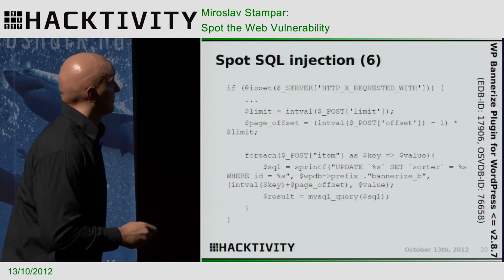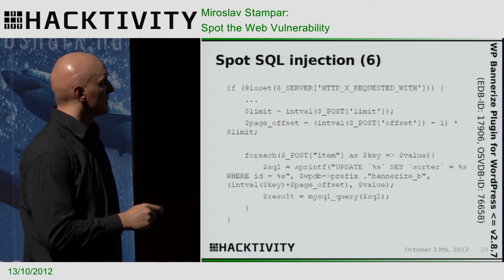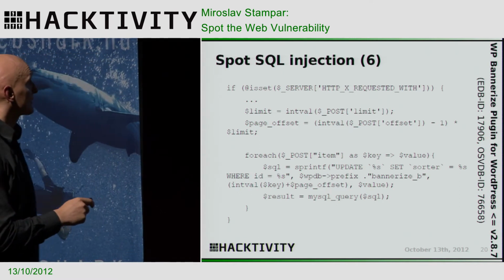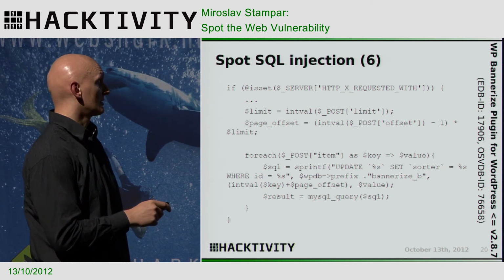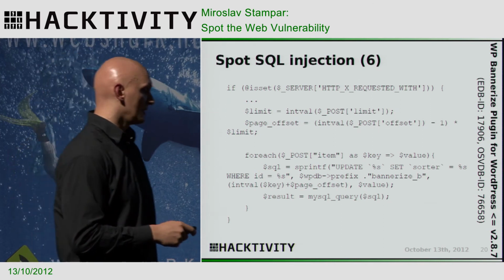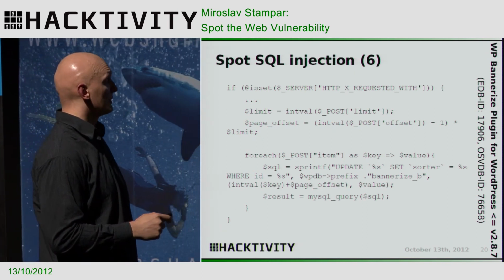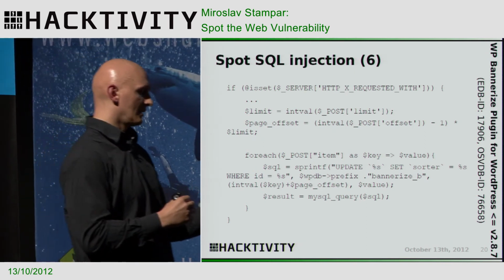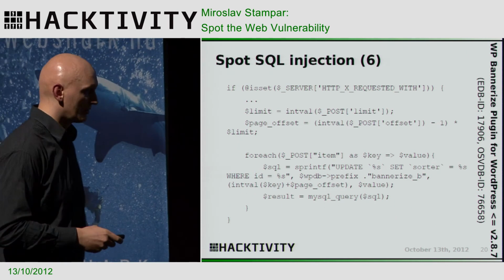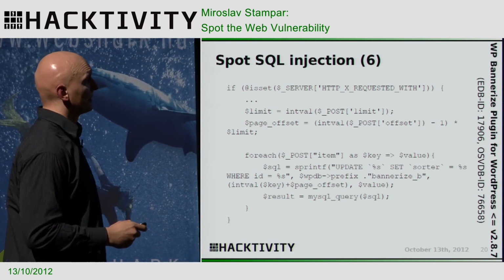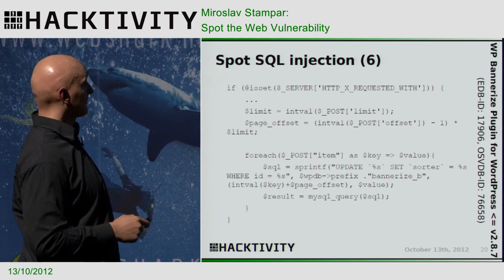In this example, this is a sample where an XHR request with a header was used. So probably some of you can recognize that this is some kind of Ajax script. Finding vulnerabilities in Ajax scripts is far more popular today because lots of Ajax scripts are tiny and written in, I don't know, 20 minutes without any proper security considerations. This is one of those examples where